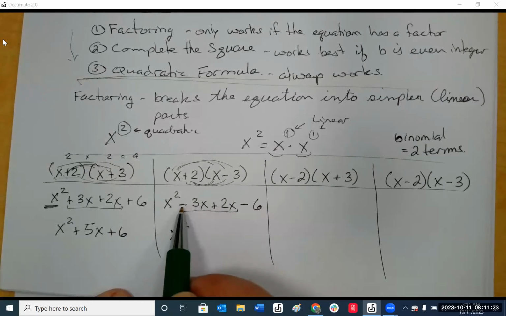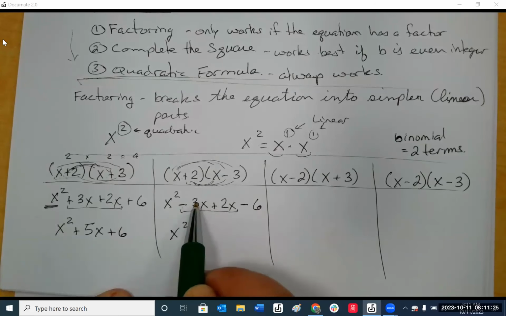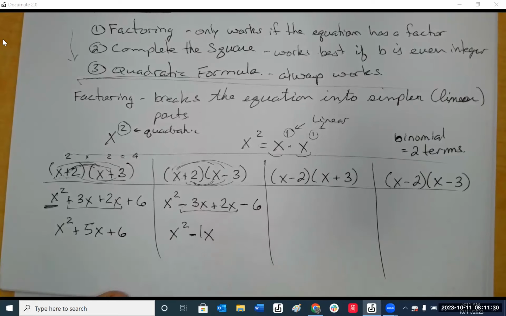3 is bigger than 2. 3 is negative, so the answer is negative. 3 minus 2 is 1. 1x minus